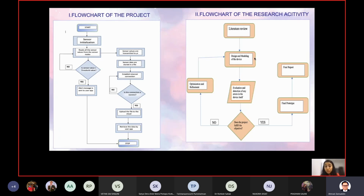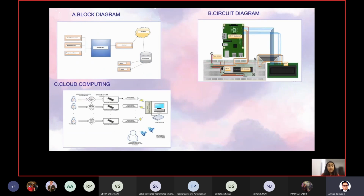and direct detection of any errors in the device. Does the project fulfill the objective? If it doesn't, we have to optimize and refine it, or else we proceed and make the final prototype and the final report. So this is my flow chart, and these are my block diagrams, circuit diagrams, and cloud